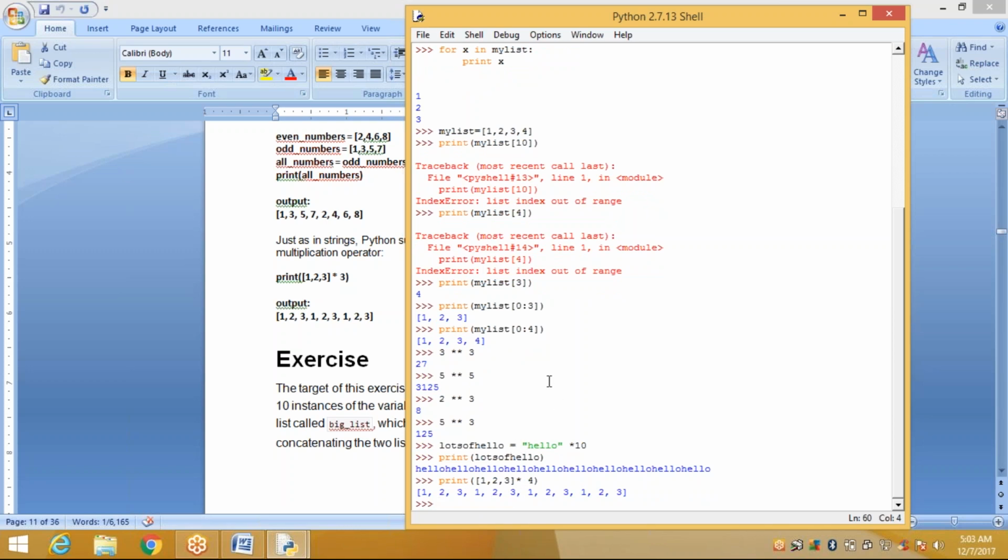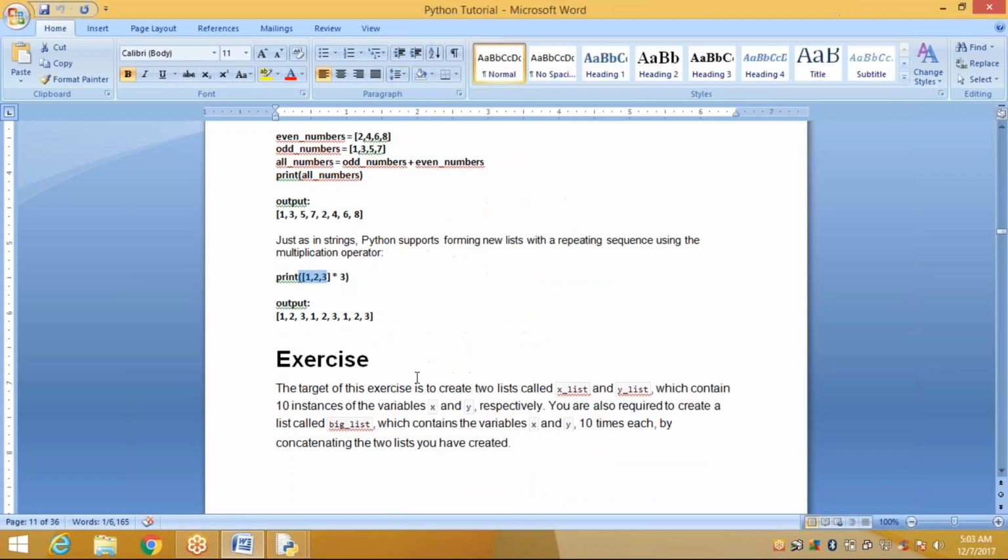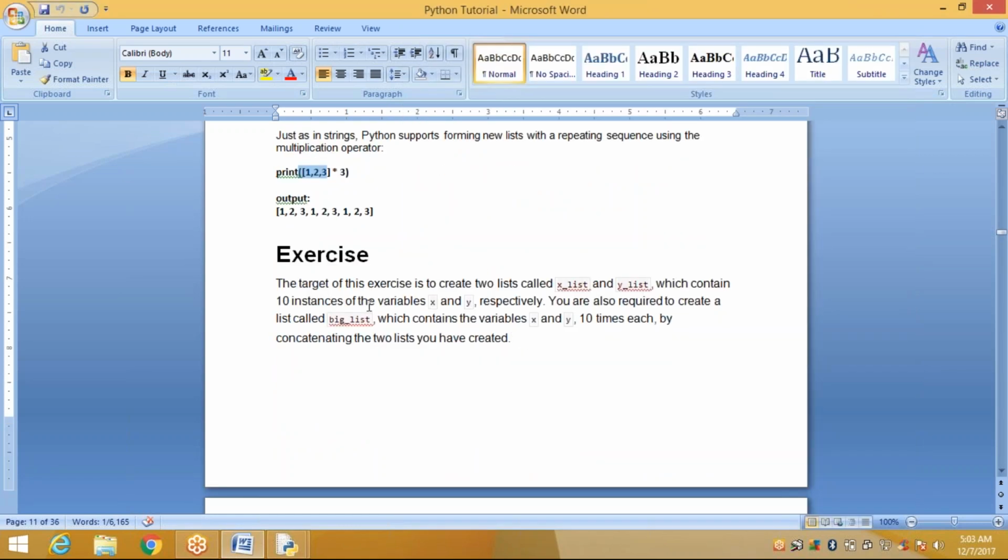Try here: print [1, 2, 3] multiplied by 4. See here, 1, 2, 3 repeated four times. Like our strings, lots of hello is hello into 10, and when you print it, it displays hello 10 times. In the same way, numerical lists also work. So you can practice this exercise.